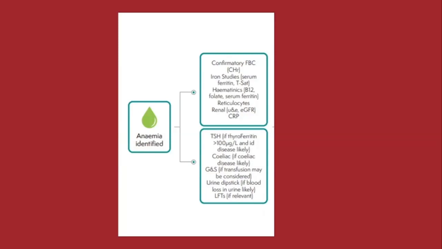You can ask for a urine dipstick to check for blood loss in urine. You can also ask for a colonoscopy if you suspect a gastrointestinal disease. You could ask for a liver function test to screen for any other chronic disease that you may be suspecting. Okay,